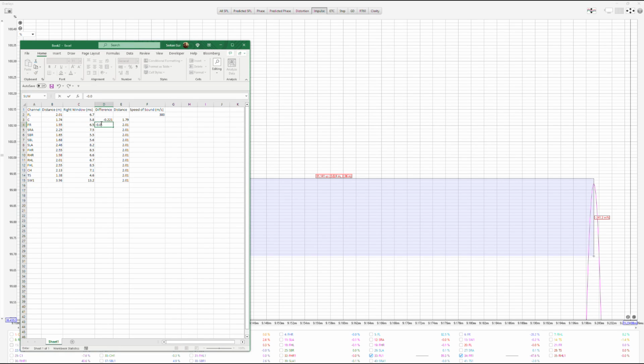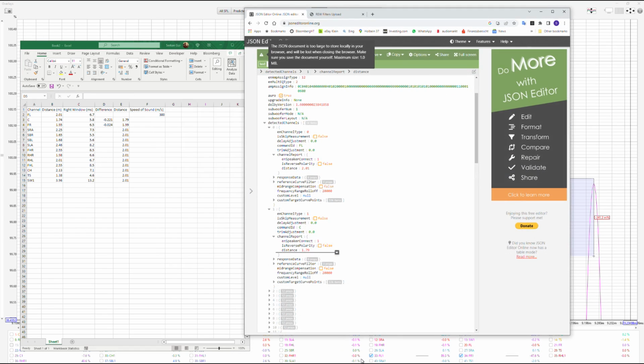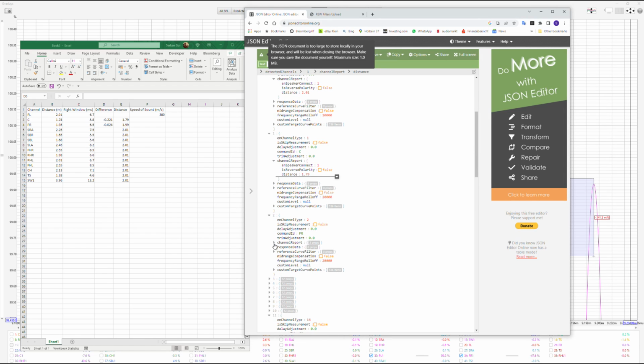Minus 0.024, sorry. So 199 is what FR should be. We go to our file and find FR, and channel report should be 199 instead of 195. 4 centimeter difference here.